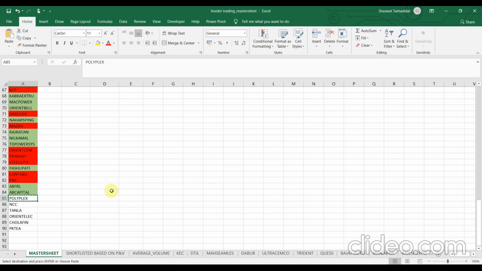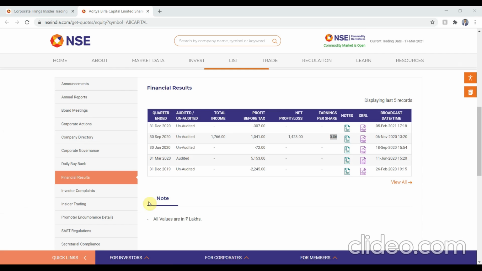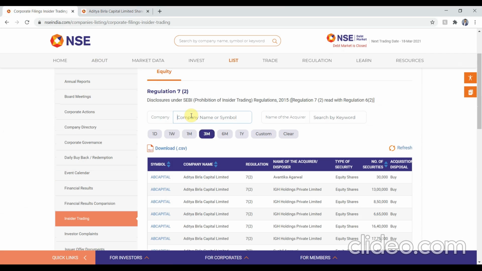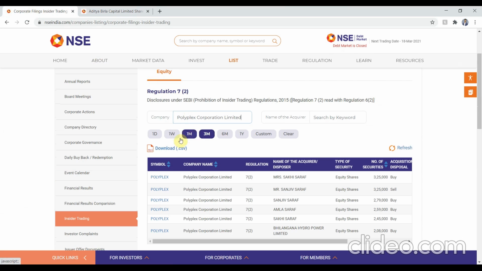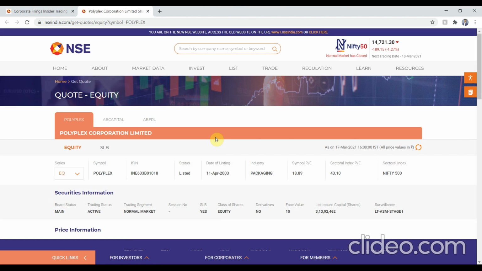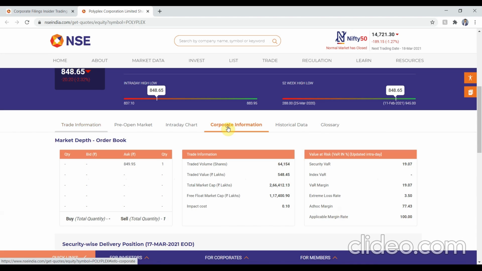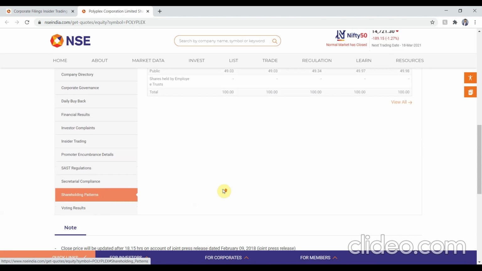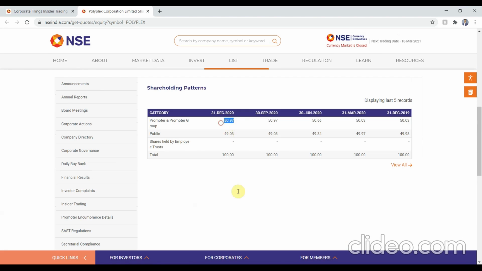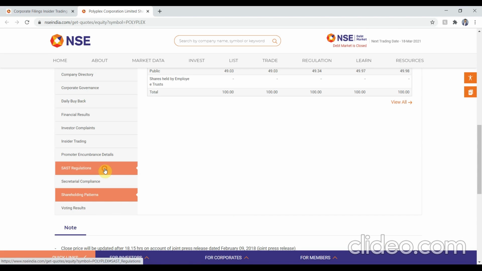Next on the list is Polyplex. Click on the symbol name. Click on the symbol. You can close the Aditya Birla tab. Click on corporate information. Check the shareholding patterns. Okay, so the shareholding is 50.97%. Although it is only slightly greater than 50%, the rule says to be greater than or equal to 50%, so it passed the filter.